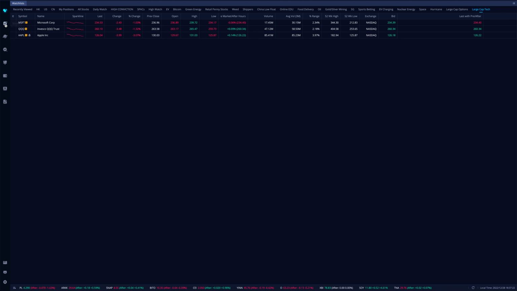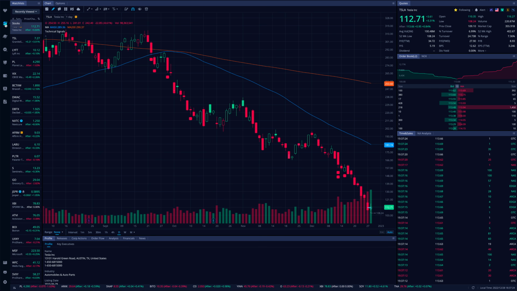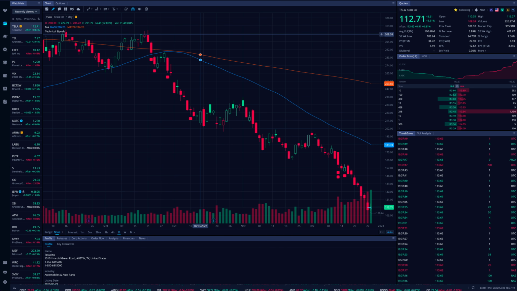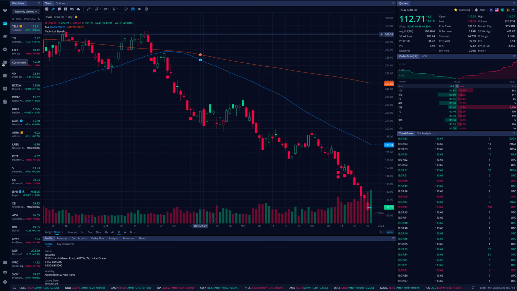Now under the stock feature, to be honest with you guys, I don't know why, I really don't understand why it's necessary because you could just customize a layout anyway. And I'm pretty sure that I've already customized this, so this might not look the same as yours. But what I was saying before with the watch list, under the stocks page, we're going to spend a little bit of time here, and then we're going to move on fairly fast to the next sections because it's not super worth your while, as it's going to be very similar to what you can do in